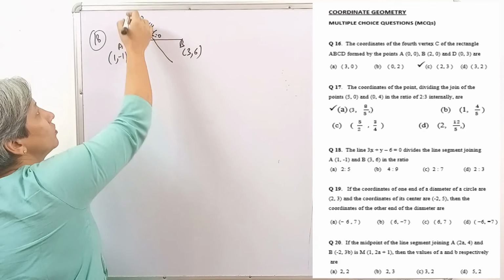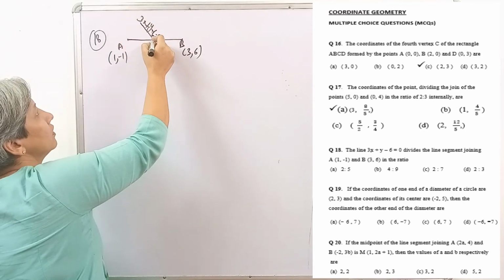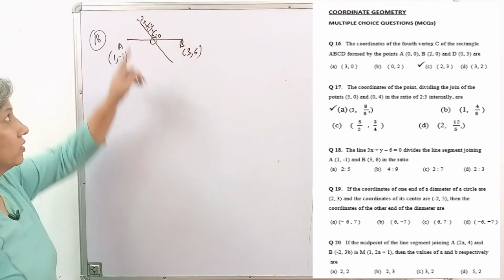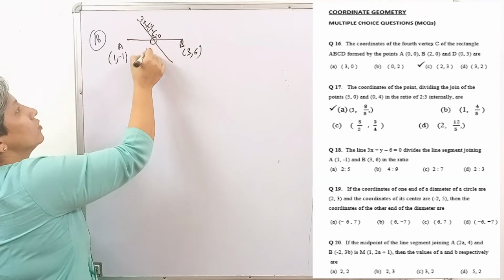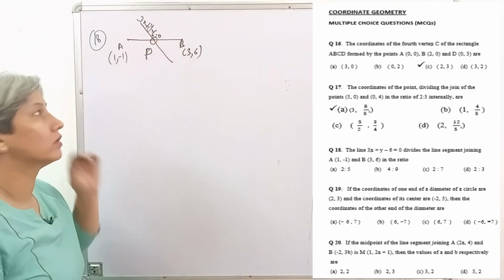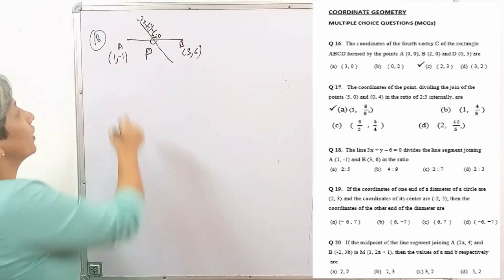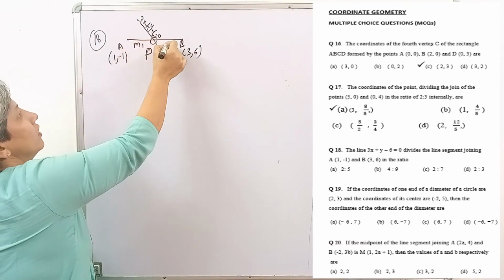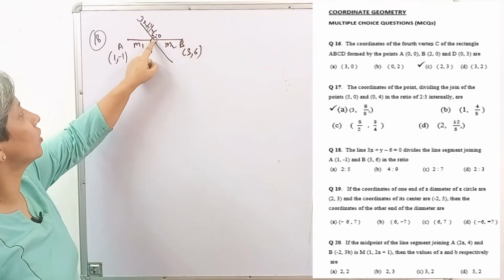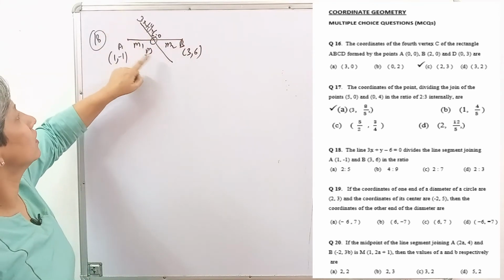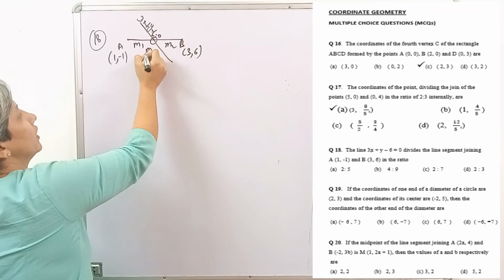So all the points on this line satisfy this equation, and so is P also satisfying this equation, right. 3x plus y minus 6 equal to 0. Now we have to find the ratio m1:m2 in which this point P, which is falling on this line, is dividing AB,